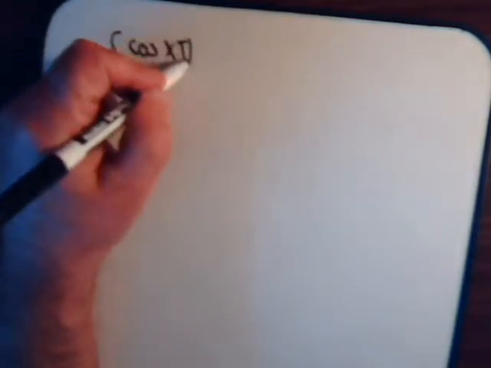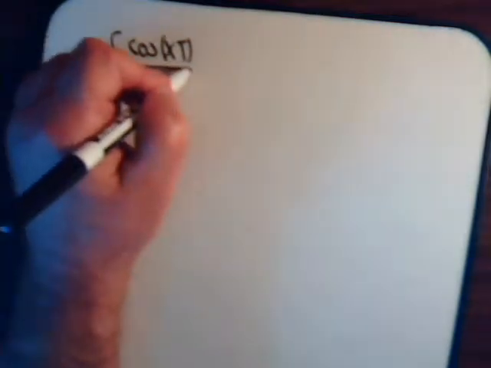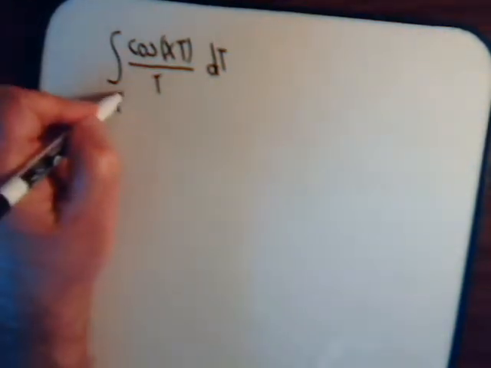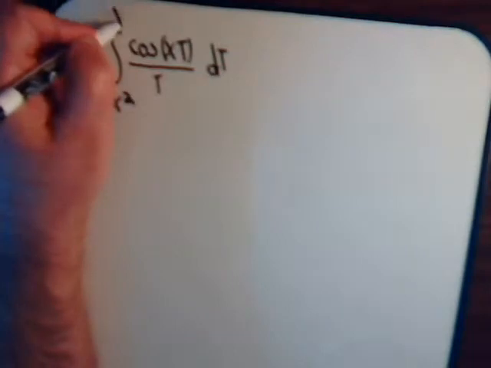Let's say that we have the integral of the cosine of xt divided by t dt, and let's say it goes from x squared to x cubed. That's our integral, and we want to find the derivative of that integral